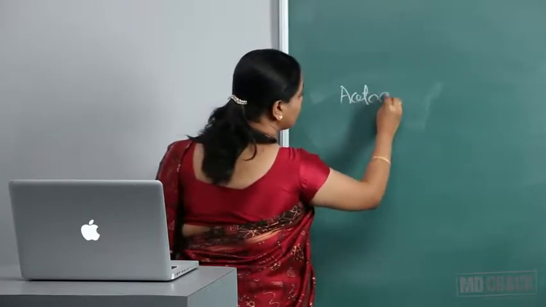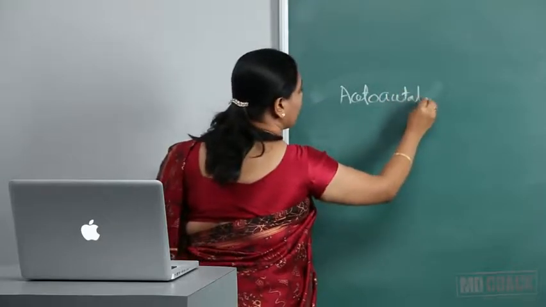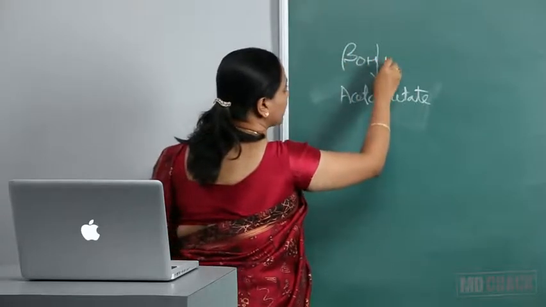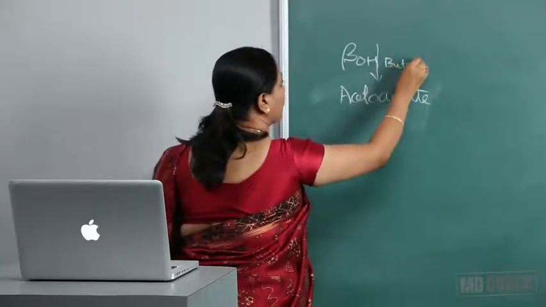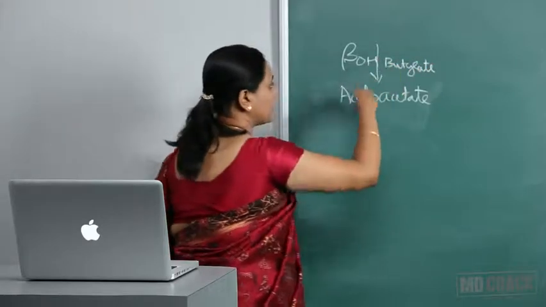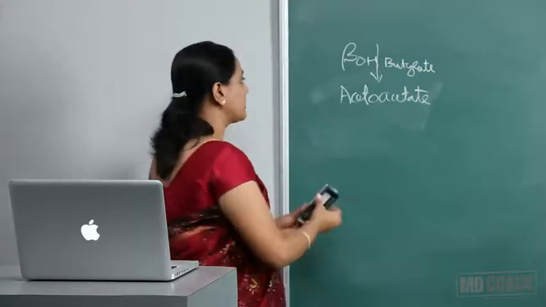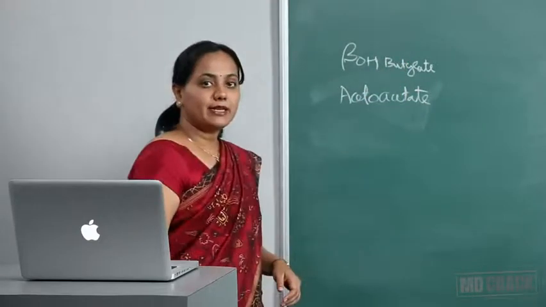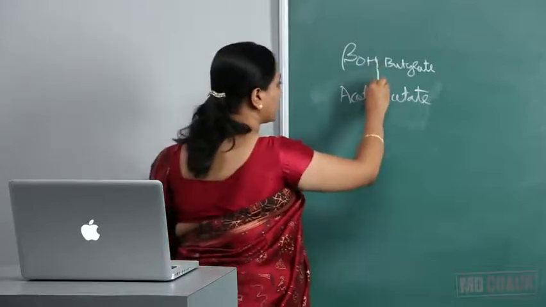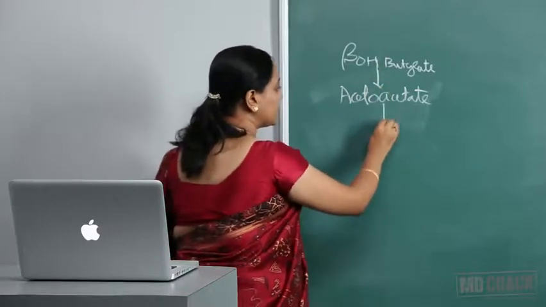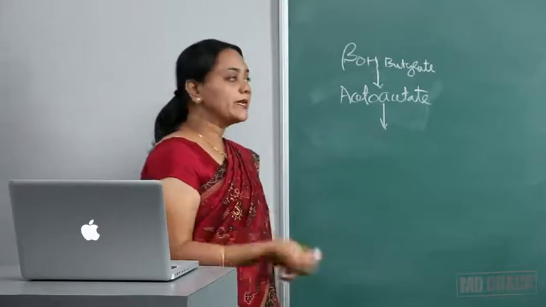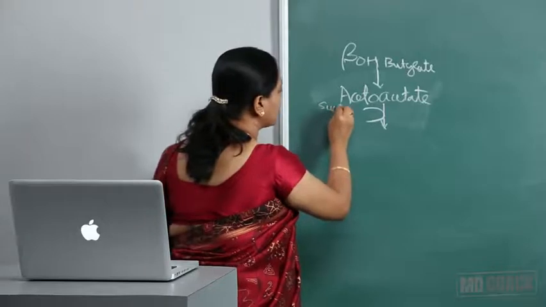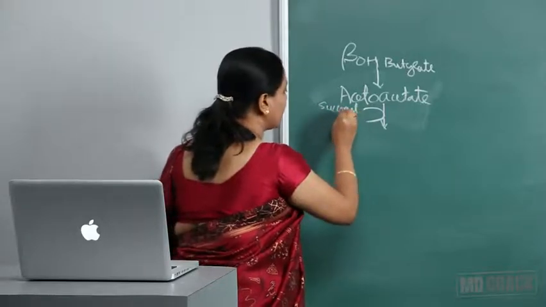So you have got acetoacetate, a ketone body, which may be obtained from beta hydroxybutyrate. Beta hydroxybutyrate, depending upon the NADH to NAD plus ratio, is converted to acetoacetate by beta hydroxybutyrate dehydrogenase. Acetoacetate, for its further utilization, needs to be activated. For this we have a special enzyme in which it combines with succinyl-CoA.